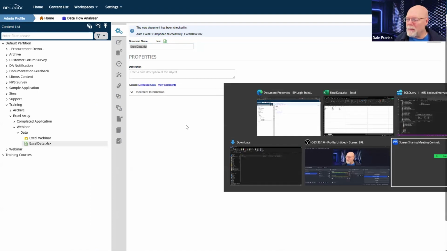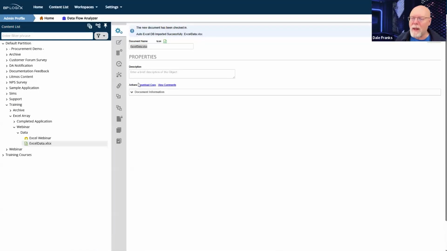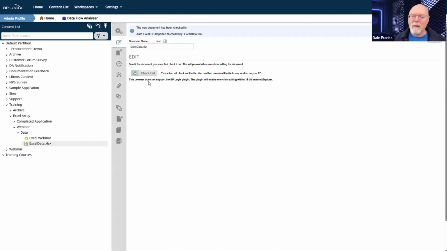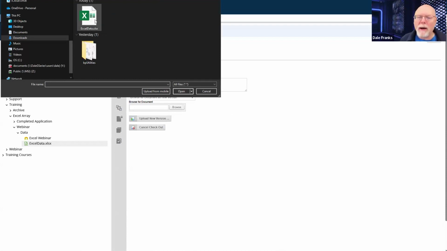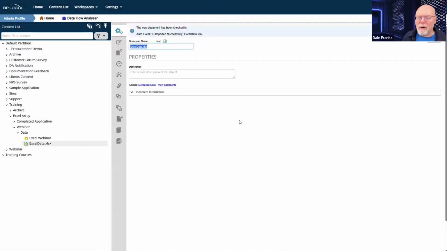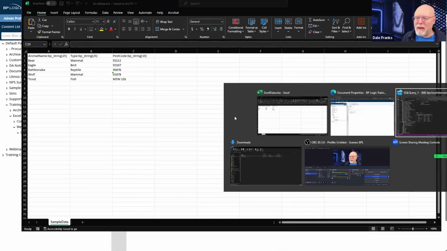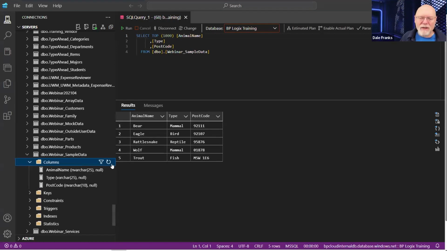So let me be sure that I saved this. It says saved, but I'm going to hit Control S one more time. And then we'll go back. We're going to check it out and re-import it real quick. Upload our new version. Happy, happy, happy. Let's go back to Azure Data Studio.